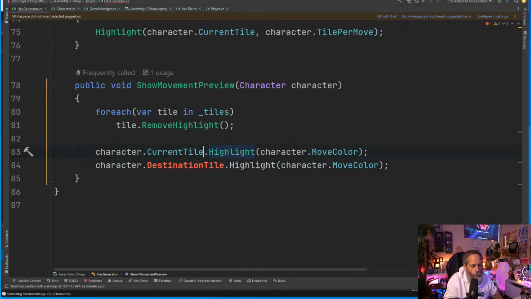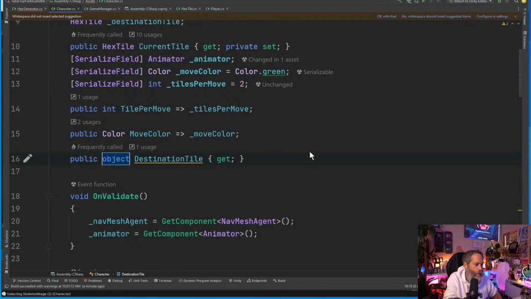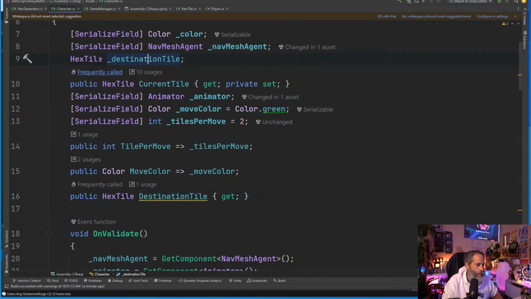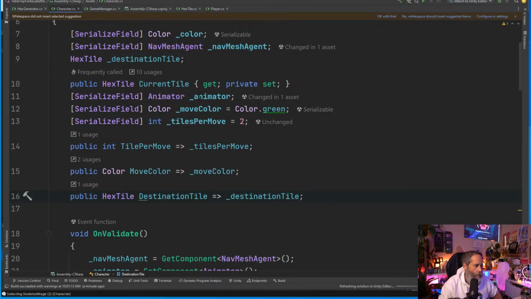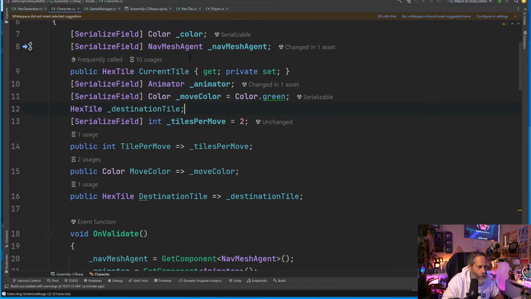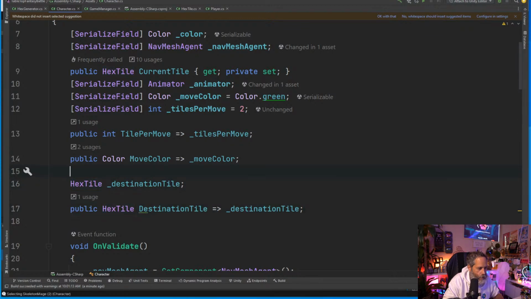And let's just get a reference to that destination tile. I think it's there as a, let's see, hex tile as a private field. Let me see, destination tile. Yep. And we got current tile. I want to clean this up a little bit. Let's copy that, expression body that, and then let's just move these around. So destination tile in,